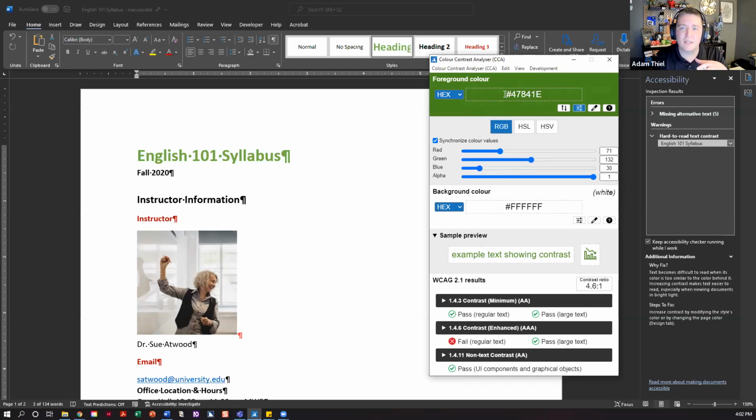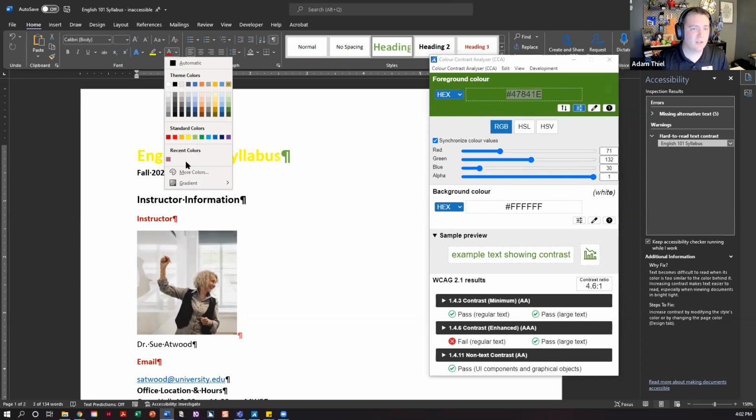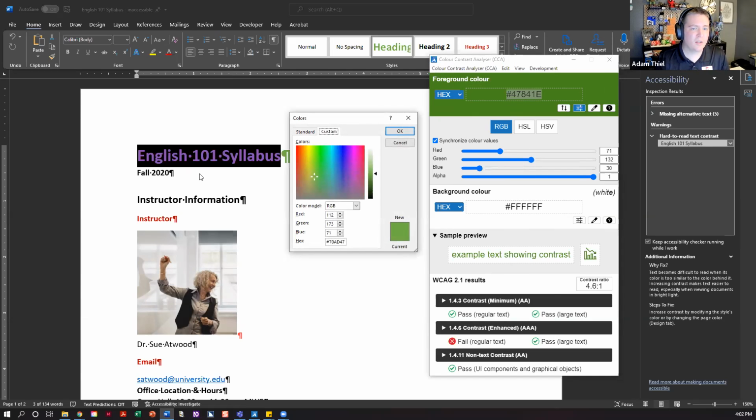There are different color formats, but the hex code is pretty easy to use. You just copy that, go back into Word, go to your font colors, click on more colors, and there's the box to paste that hex value into.